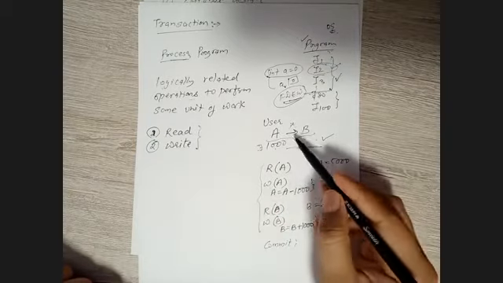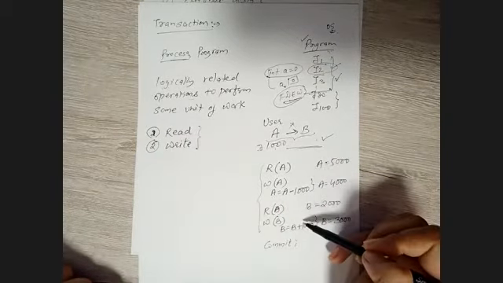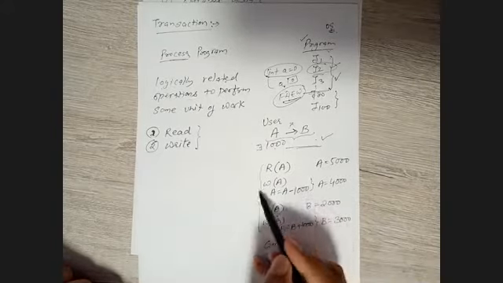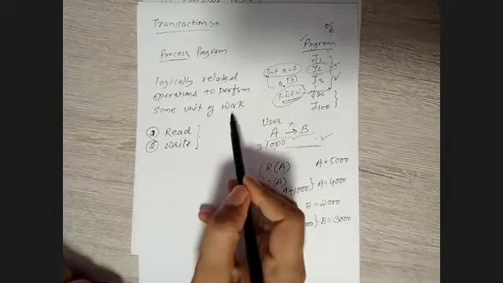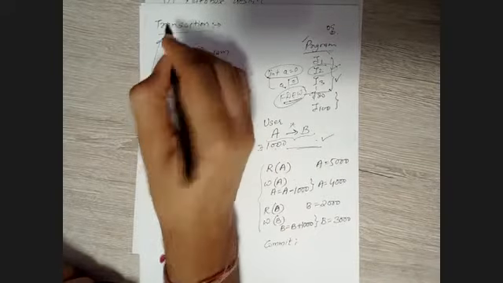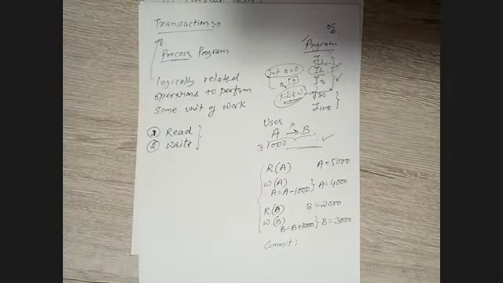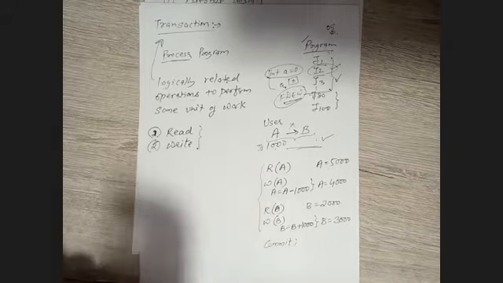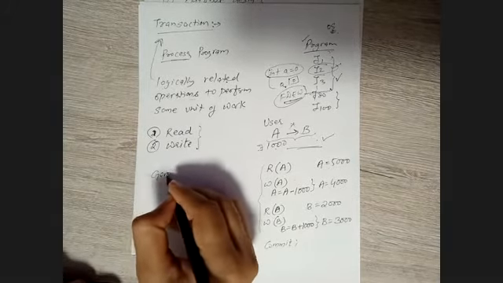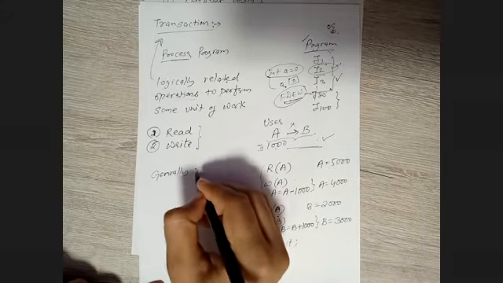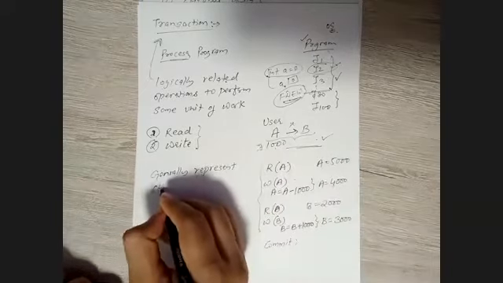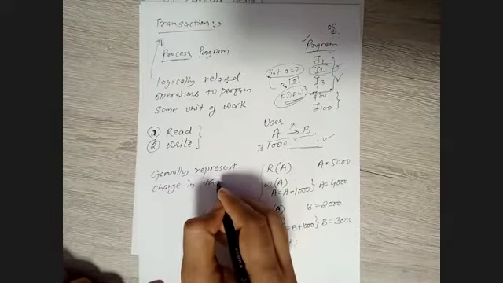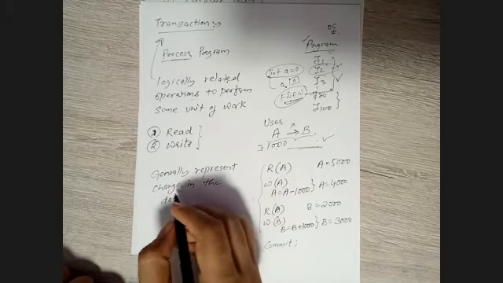We have done a piece of work, transferring 1,000 from account A to account B. These logically related operations are done to perform some unit of work, transferring the amount from A to B. So this is called a transaction. Formally, we represent a transaction as a change in the database.